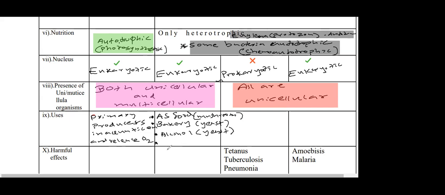In addition to that, production of antibiotics. There is one very useful antibiotic production. If you want, you can write what is the first discovered antibiotic in the world. Penicillin. If you want, you can write that separately. Penicillin is the first discovered antibiotic in the world, discovered by Alexander Fleming. That is the first discovered antibiotic. Penicillin was extracted from a fungus called Penicillium.